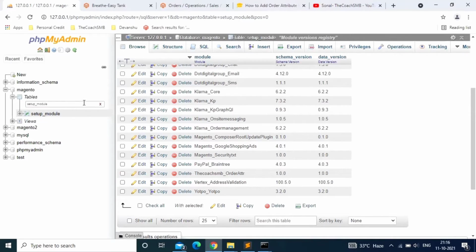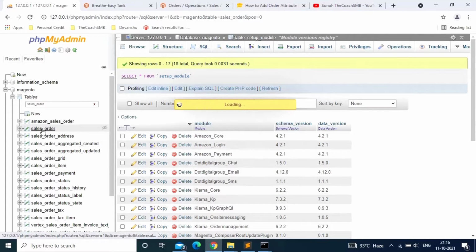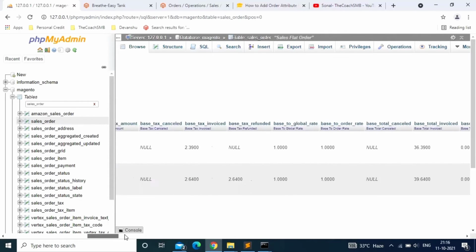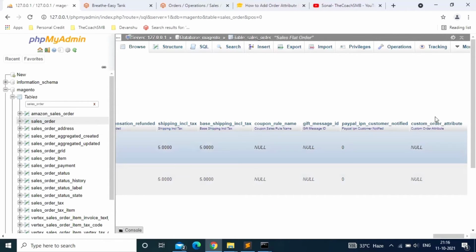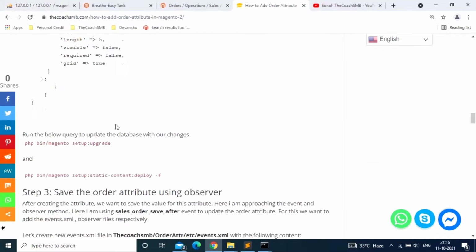We will check now in the sales order table if our new attribute has been created or not. So let's go for it. Yeah, wow. So can you see, customer_order_attribute has been created